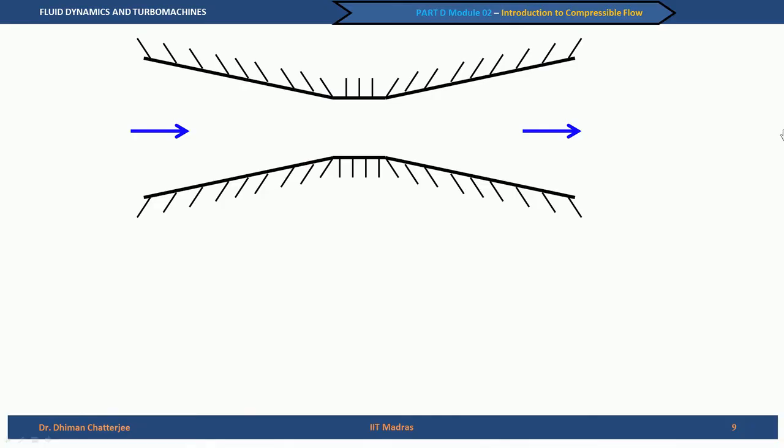But having connected a divergent portion, it is possible that the velocity can accelerate and we get Mach number less than 1 in the convergent portion, Mach number equal to 1 in the throat and Mach number greater than 1 in the divergent portion. And hence, in the steam turbine, as we will see in the next lecture, the CD nozzle is used to